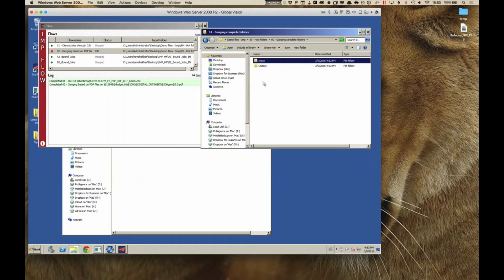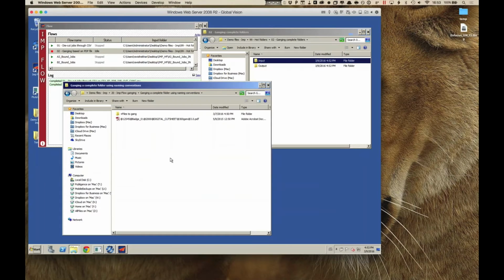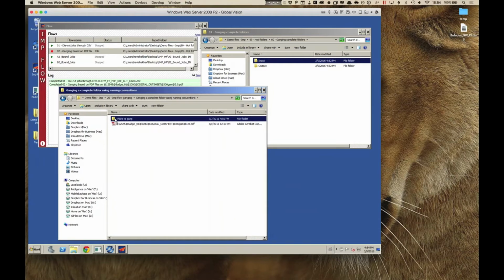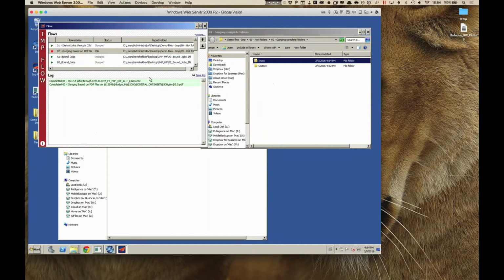If you do that, then each of those files will be ganged independently, because Imp cannot know which files should be ganged together. But if I create a folder and I make sure that the name of that folder starts with a plus sign, that's important. So I have a folder here, it can have whatever name I want, but the first character needs to be a plus sign. If I take that folder and I drag that whole folder in the input,